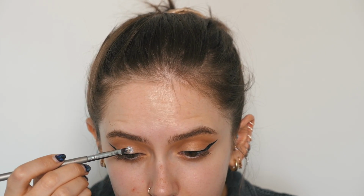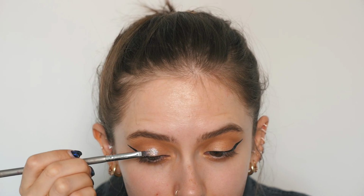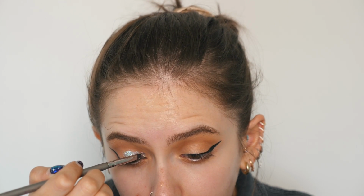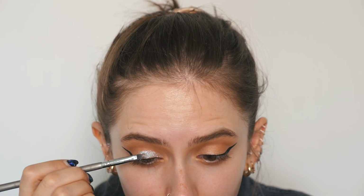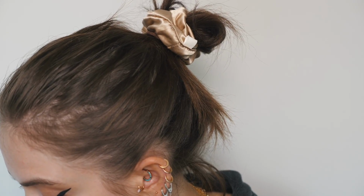Oh my god, you guys, this is insane. Oh my word. So yeah, I'll link them up down below. I was just fascinated by this pigment. Every time I saw it I was like, okay, it's not even as if I'm going to wear it that much, this is hardly daily makeup, but